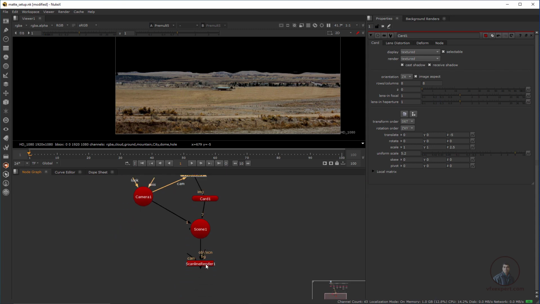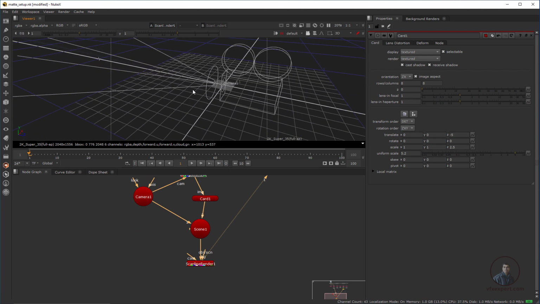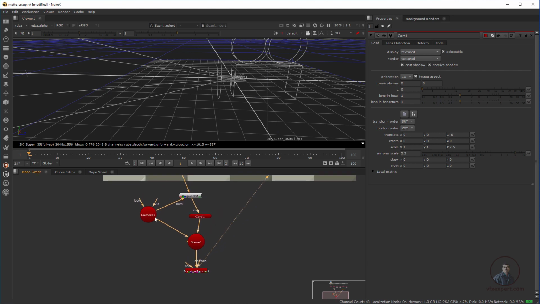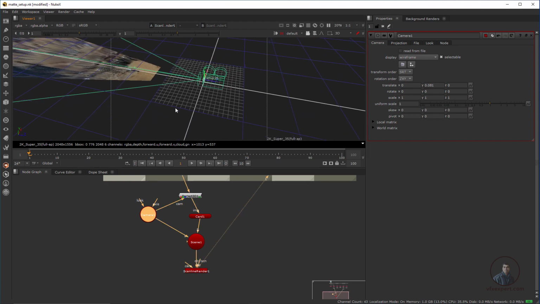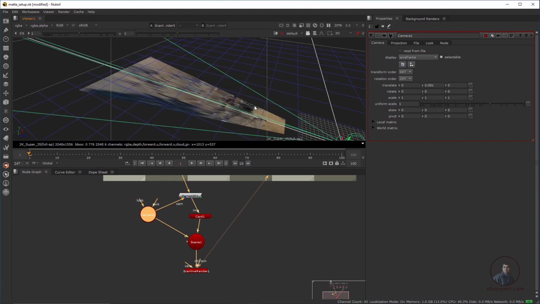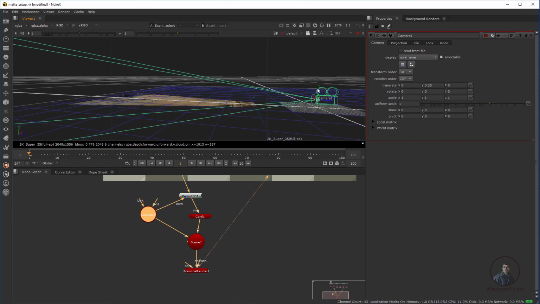Now just select this one and press 1, then press tab again, so you can see the projections here. We have to adjust our camera a little bit, because this camera is placed on our origin here. So just select this camera and adjust our projection. You can easily see the projection here. Okay, so we have to create perfect projections. Now we have to adjust our camera here, all these things.